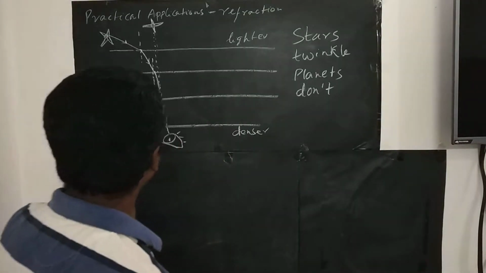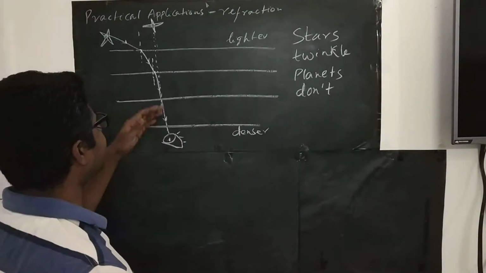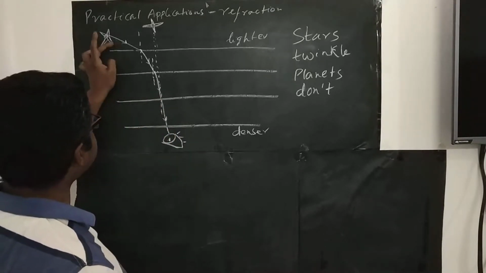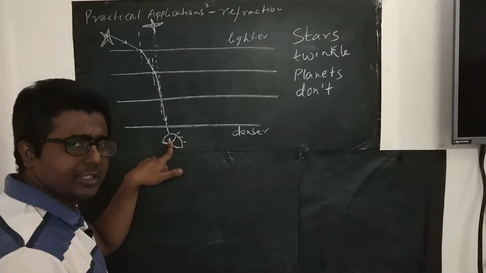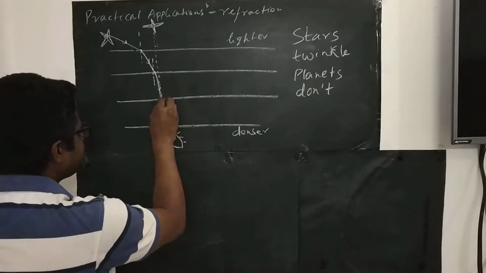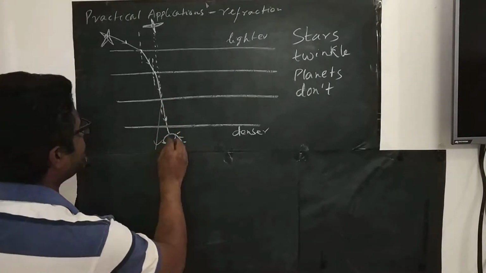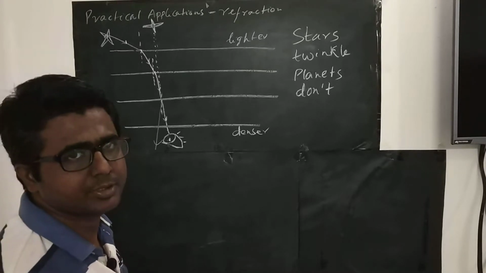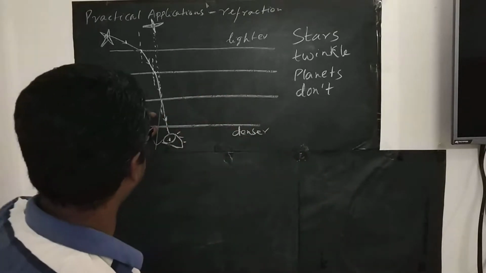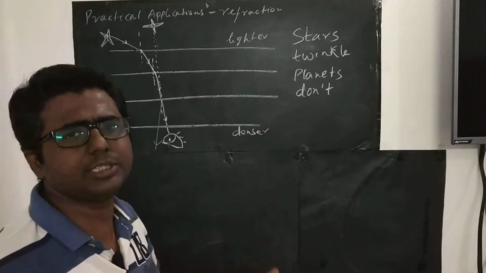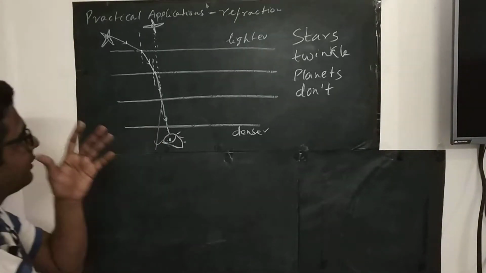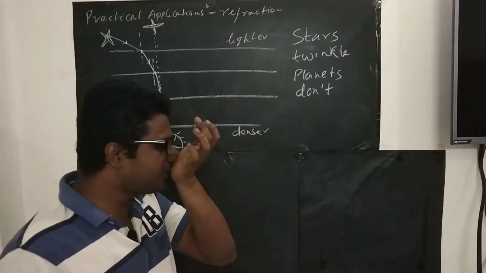So as there are so many layers of atmosphere and the densities are continuously changing over here, sometimes my eye is over here, so I am able to trace this light ray, and sometimes it may fall like this also. So it will not come to my eye. So my eye will see nothing. At that moment of time, I see nothing. Again, I see something. Again, I see nothing. So this is twinkling. Now, we understand what the twinkling of a star is, but we still do not know why